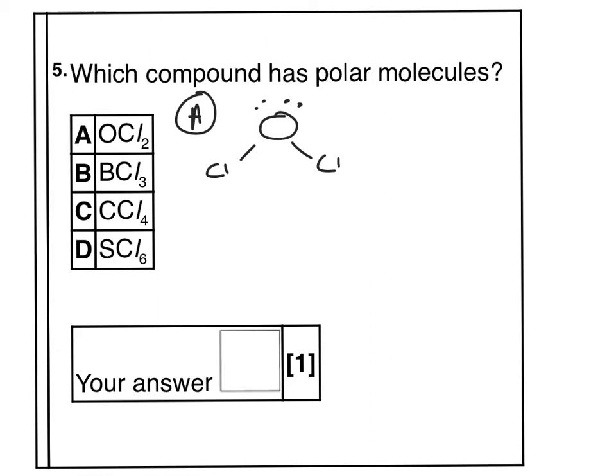Is it more negative at the oxygen end, or is it more negative at the chlorine end? Okay, so we can actually write these values down. Oxygen is 3.44 and chlorine is